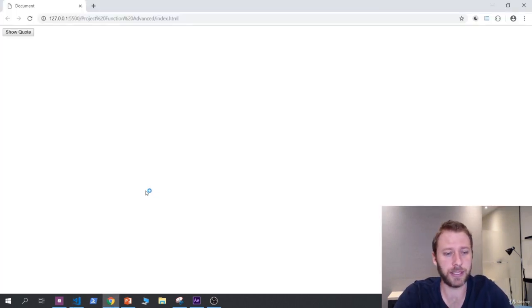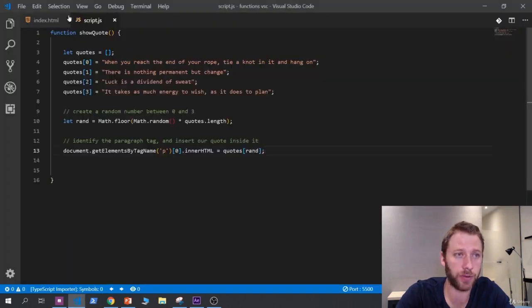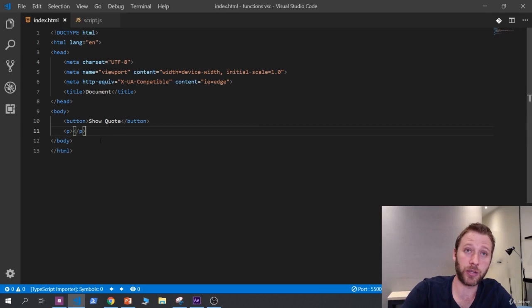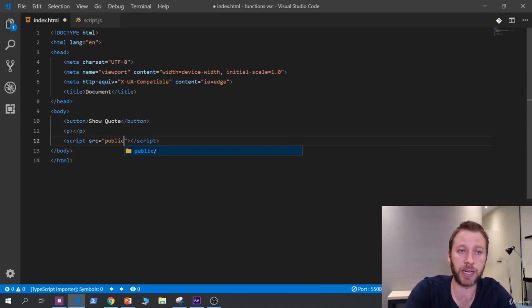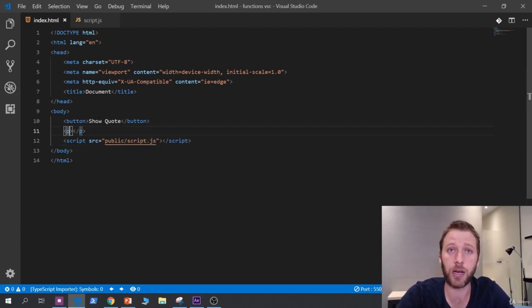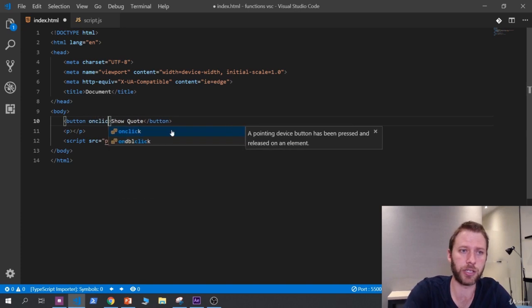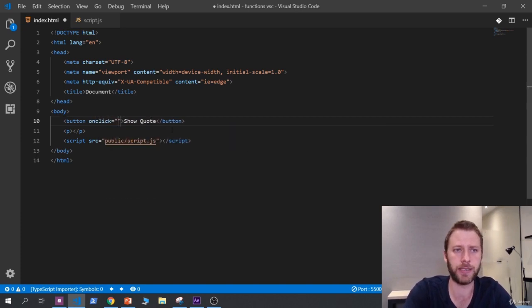If we go back to our website and we click this, nothing's going to happen because we haven't drawn a link between clicking this button and executing that function, which is why we've got to go back to our index page. First thing we need to do is reference our script file, and that's in the public folder, and it's in a file called script.js. Now, all we have to do is define when the function's called, and we're going to do that whenever the button's clicked. So we insert an on-click event on this button,